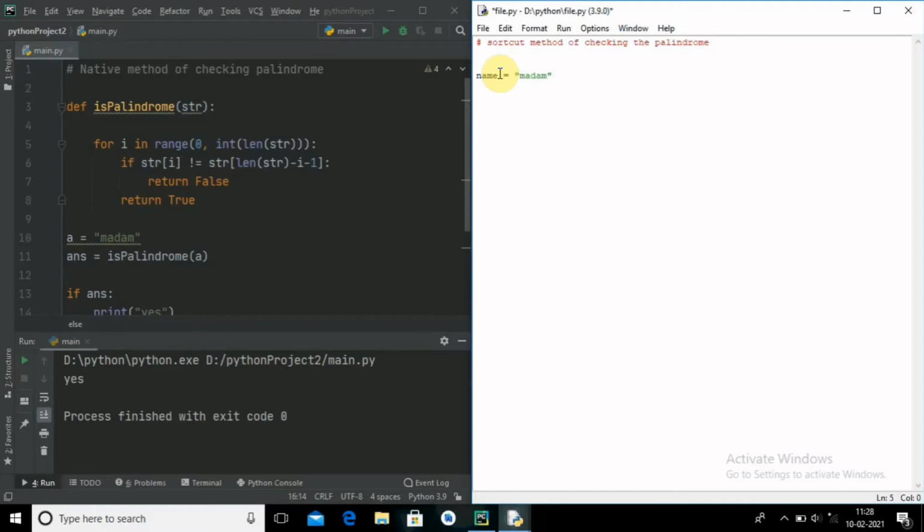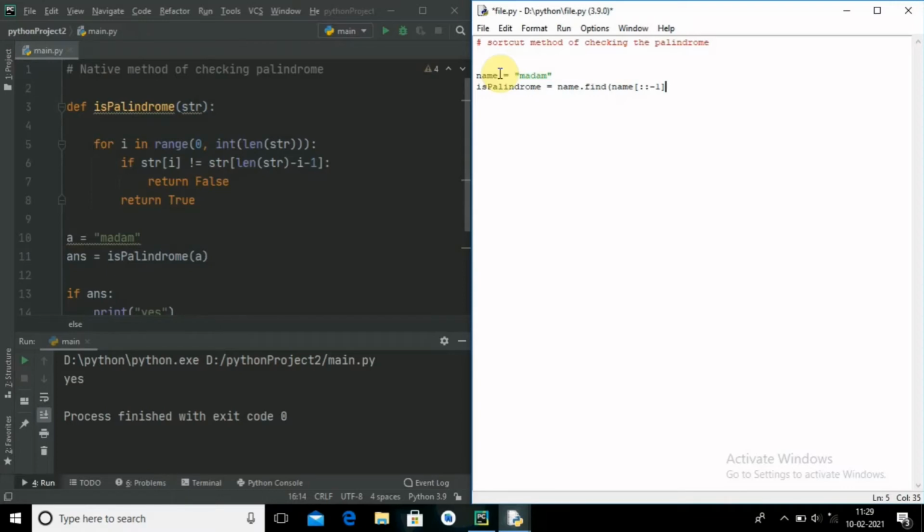Is palindrome, then name dot, find whether it is a palindrome or not. So initially name, reversing the string, it will take -1. Here you go, how you can reverse a string using a very simple method.